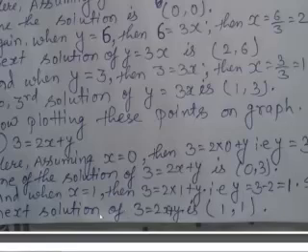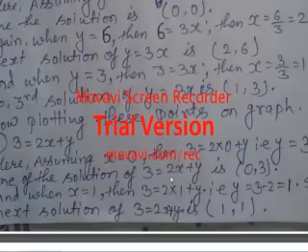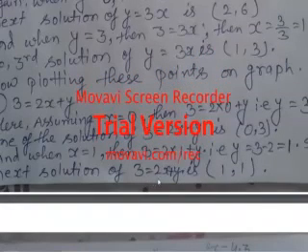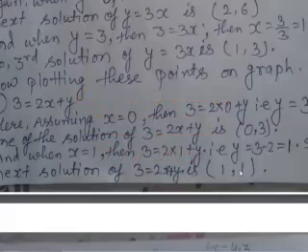Okay, in the same way when x is equal to 1, then what will happen? 3 is equal to 2 into 1 plus y, then that 2 will come to this side. So y is equal to 3 minus 2, it will become 1. So next solution of 3 is equal to 2x plus y is (1, 1). Why? Because we had assumed x as 1 and we got y also as 1. So (1, 1). Now for the third solution, you have to see the next page.